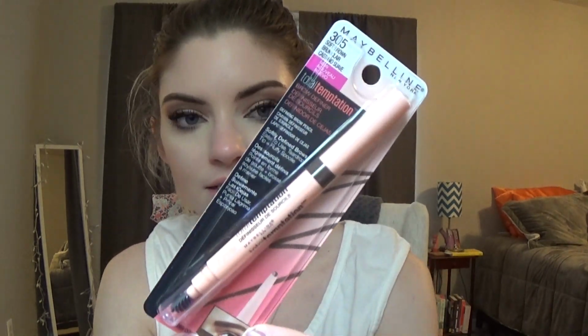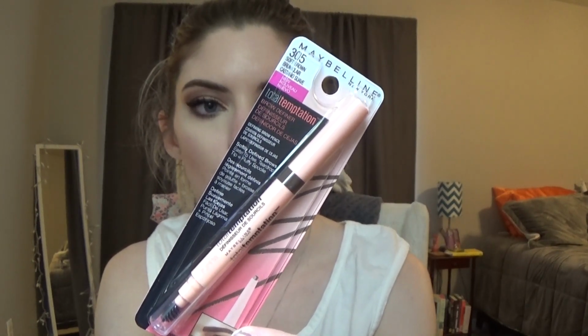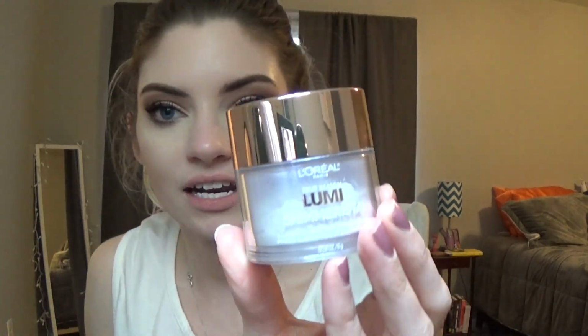Also, this I wanted to try. This is the Maybelline Total Temptation Brow Definer. So this is just a pen, I guess is the correct word for it, or pencil. Yeah, pencil. This is the L'Oreal True Match Lumi Shimmerista, and it is an Illuminate, Highlight, Strobe Powder, all of those things. And it looks so gorgeous, so I wanted to try it while I was on camera